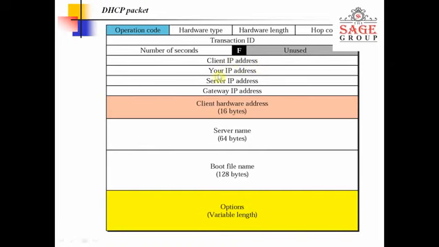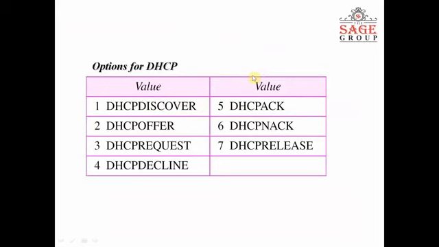This is the client IP address. Your IP address, that is known as the server IP address. Sorry, that is known as your IP address. Suppose A wants to send data to C. Firstly, A has to reach C with the help of B. C is known as the server and A is known as the client. So C contains the IP address of A, B has the server IP address, and you are in the middle between them, so your IP address is placed here.